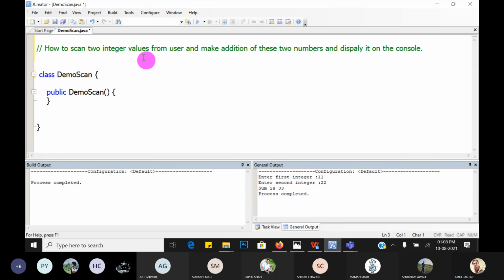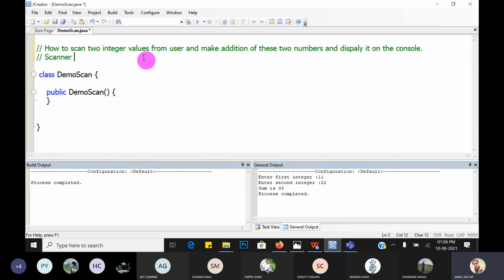Great. So in Java, there is one class called the scanner class. Using this is a simple way to scan the values, either integer, float, double, or string also. So using the scanner class, we have to scan the values from the user.